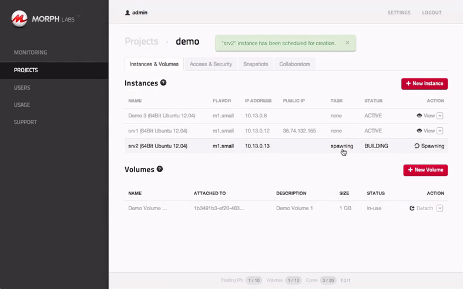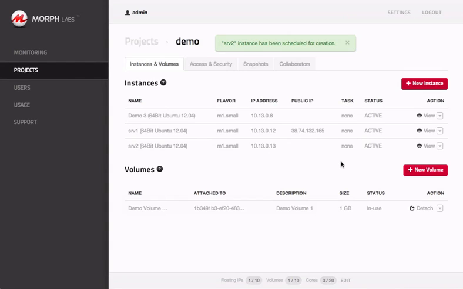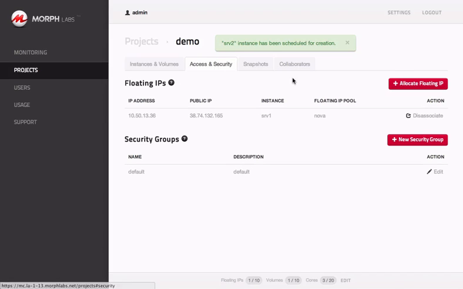If we close this, we'll see that the instance is now spawning, and in about 8 to 10 seconds it should be listed as active. And here we go. The instance is now running. If we go to the Access and Security tab, we can allocate a new floating IP address and associate it